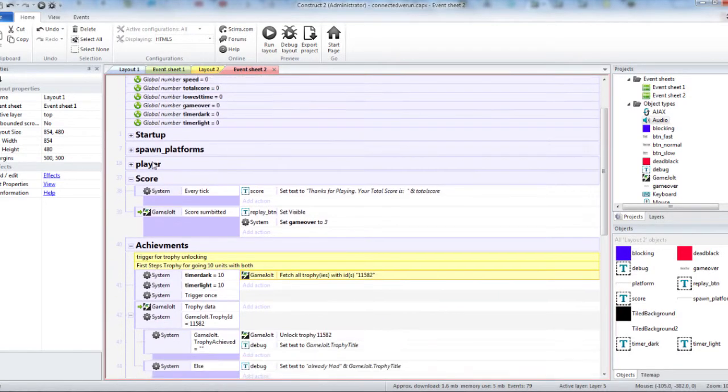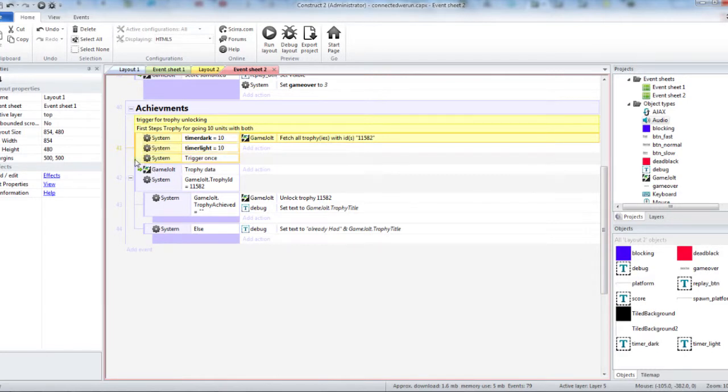Now the fun bit is these trophies, and I was just figuring this out before I recorded this. So I know this one works, and let me explain what's going on here. This is basically the distance, this dark timer and light timer. That's what I'm going with for distance anyways. And when those two attributes are met, then it fetches this trophy with the ID of 11582,